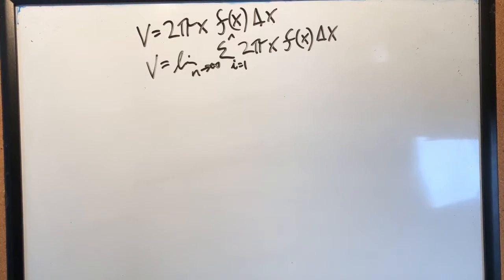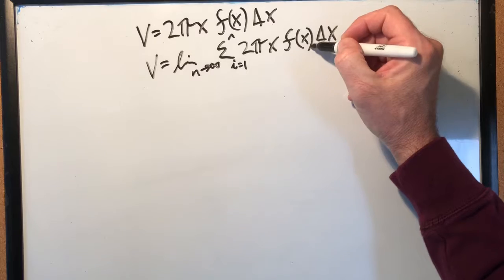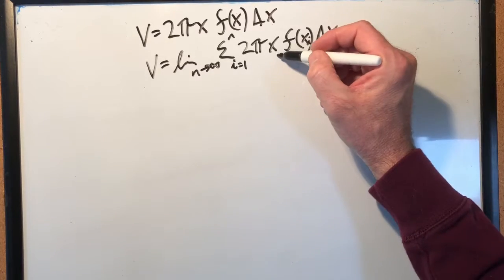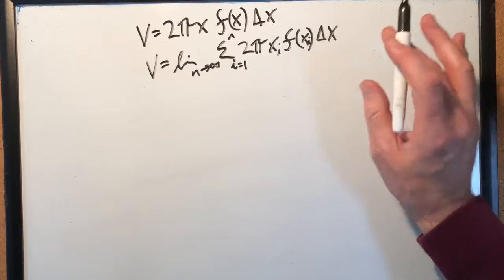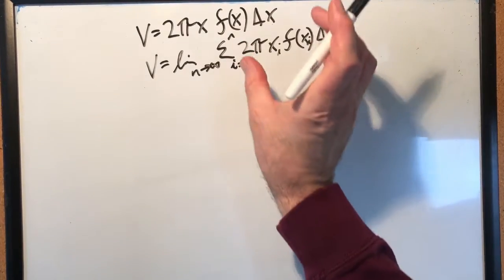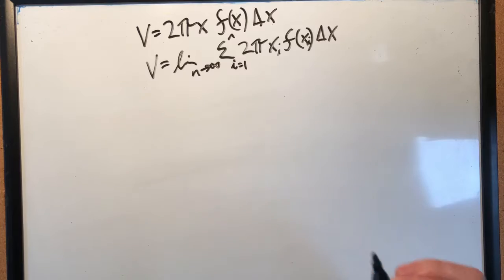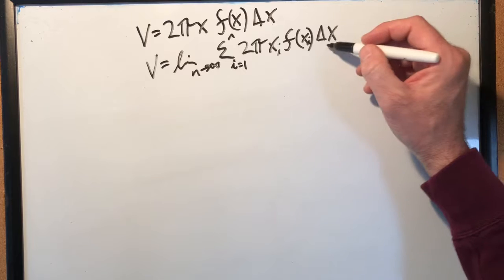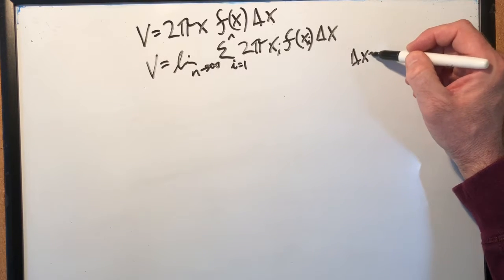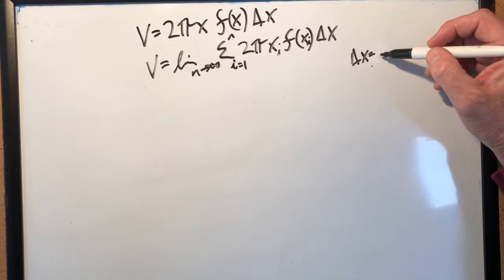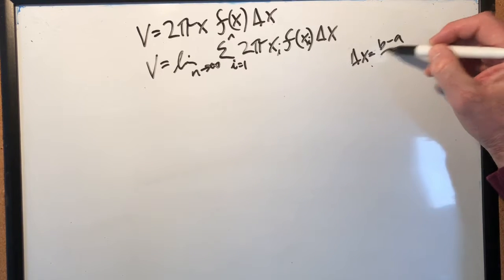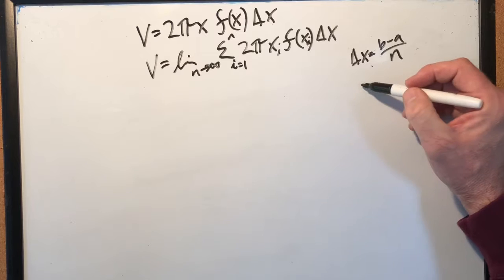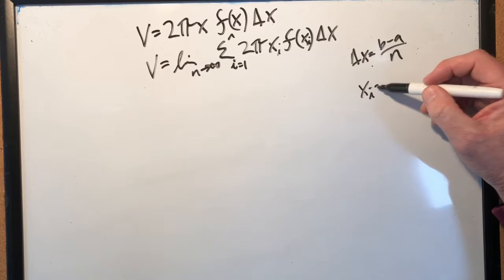So now if you remember the videos from before on area under a curve or volume using the cross-section method, you have to change these x's into terms of i. Okay, I'm just doing this for example. I'm going to pull this section out of here and use a normal integral because it's so much faster. But if you remember that in terms of i, your delta x, because this is going to infinity, actually equals b minus a over n, and then your x in terms of i would equal